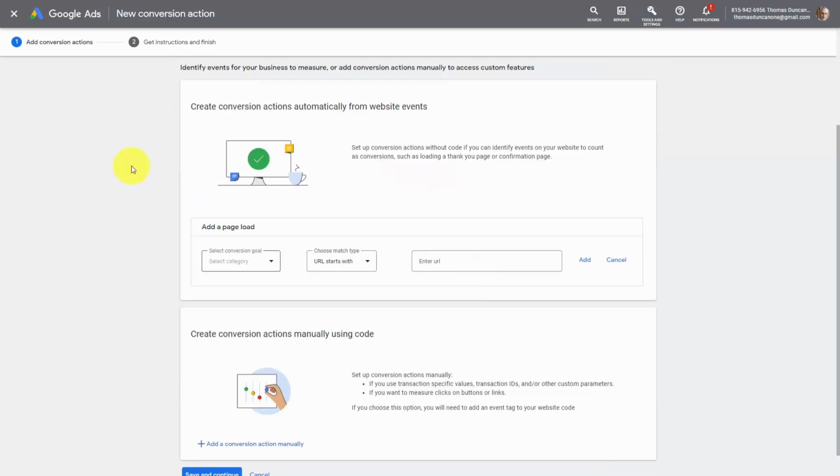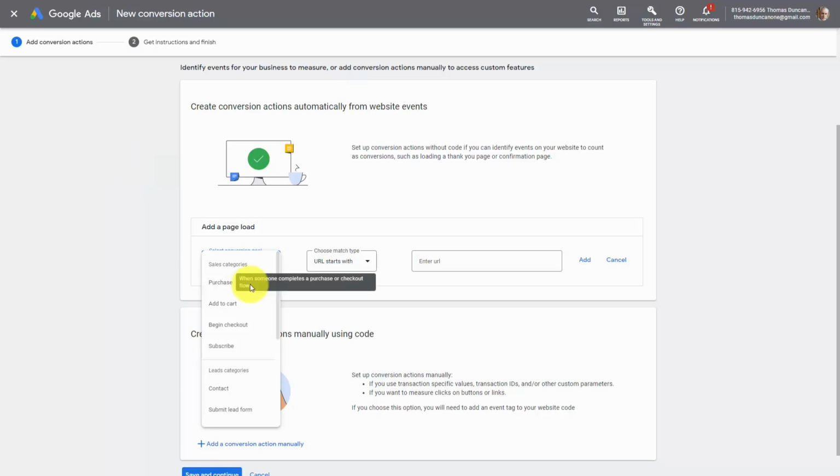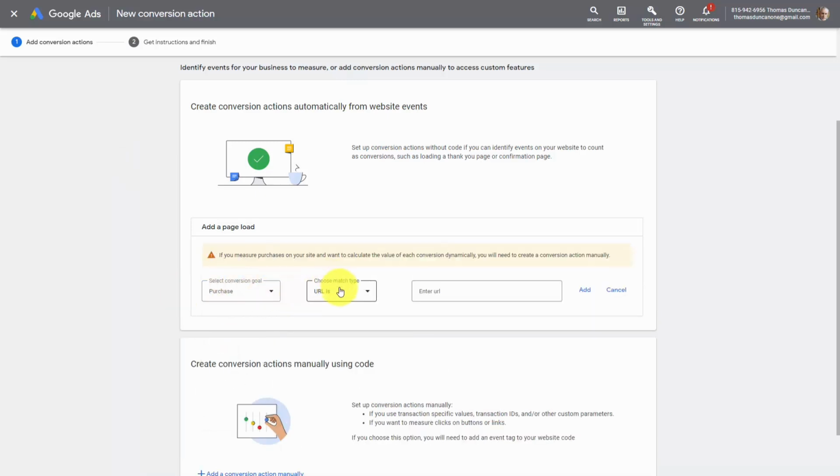So you're going to come down into this area and you're going to select a specific goal that you're going to measure with your YouTube ad. In this case, we're going to measure the purchase of a product. And so we're going to measure an individual coming to a specific page after a purchase. So we're going to state that we want to measure the purchase, and the URL is going to be a